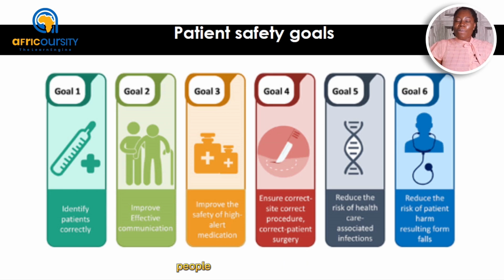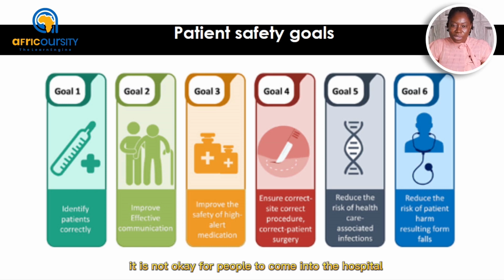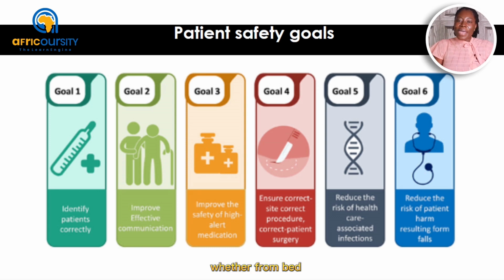The last one is reducing the risk of patient harm from falls. Fall is another goal. People come into the hospital and say, oh, they just slipped. But there are certain things that we can put in place, initiatives and strategies, just to prevent people from falling. It's not okay for people to come into the hospital and fall, whether from bed, from side rails, from stairs, or from slides. They shouldn't fall. So these are the six goals that we are talking about on patient safety, and we need strategies